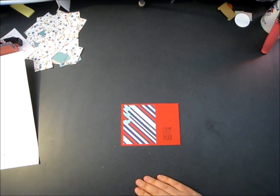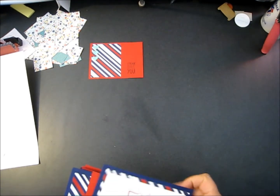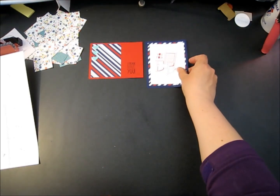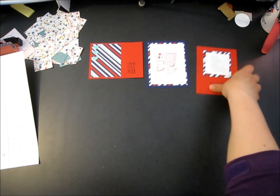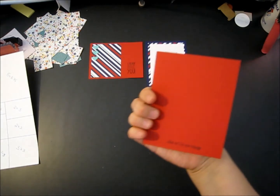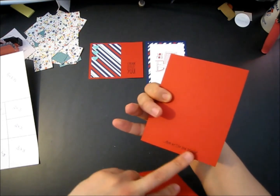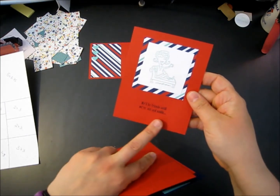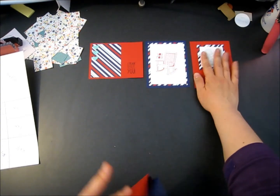It's using the Yippee Skippy. I love that stamp set. So there's one. Yep, you can still see that one. 2. I used a lot of this one, the Just Laughing or Just Kidding, I think it is. Love this one. And what I did was I put, even though it's just a card front that I showed the ladies, I put the other side of the quote on here. So we'll be friends until we're old and senile. Then we'll be new friends. I love this set. So there's 3,